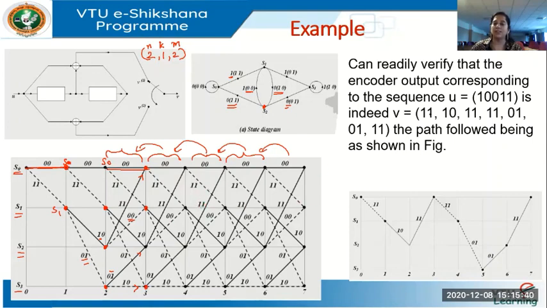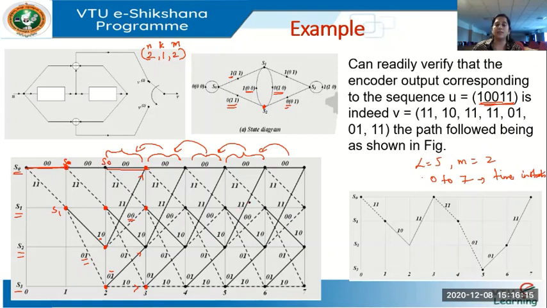Usually we said to find the complete code word. Say in this case, I told you when we have a 5-bit message 10011, the L value is 5, and already we know there are 2 flip-flops, so the M value is 2. So starting with state 0, I should have from 0 to 7 time instants listed. You should draw this for so many time instants as shown in this diagram.